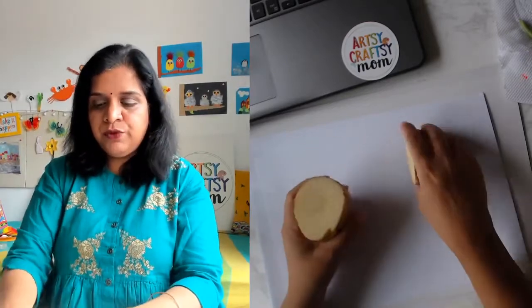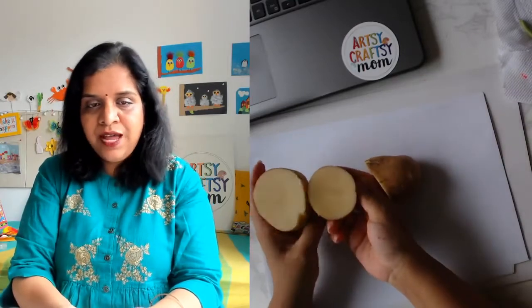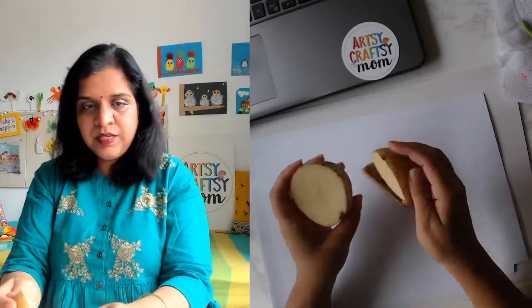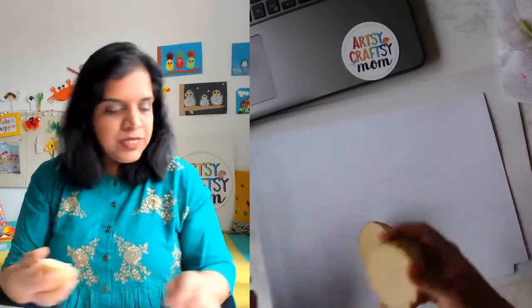Okay. So we have two potatoes that are cut. These are the big ones. These are the small ones. So I have one big and one small. Can you see the size difference? Yep. Is it clear? Yeah. So we're going to take one big. Now the best way